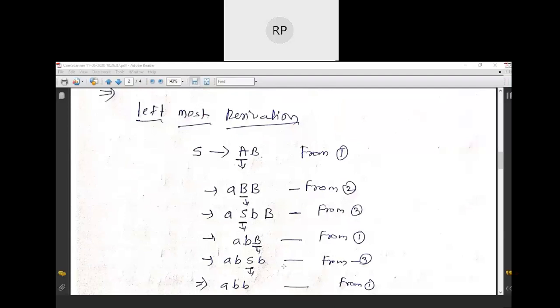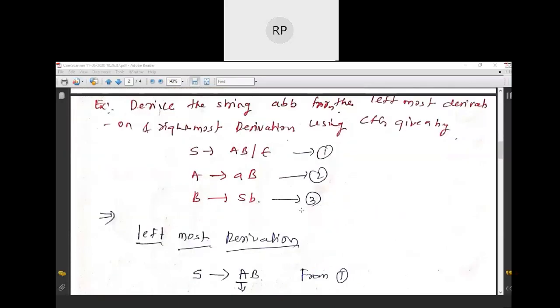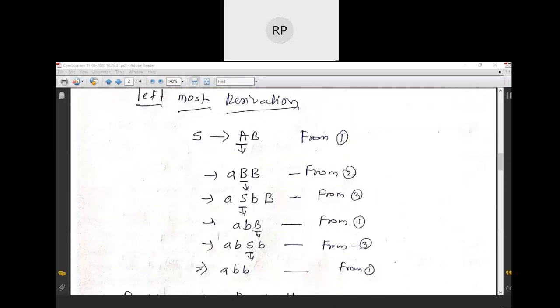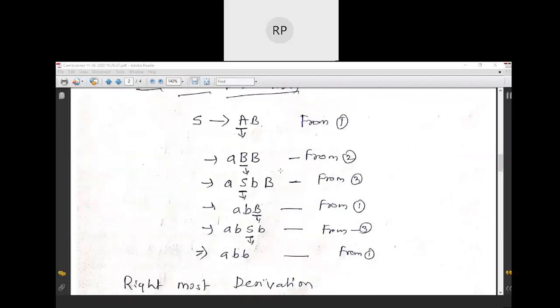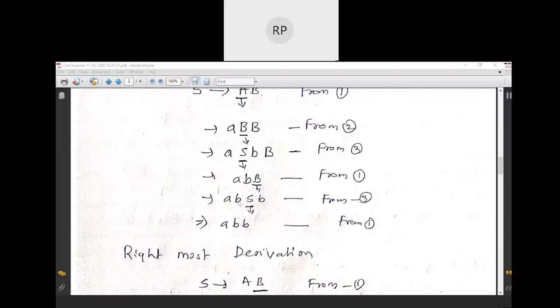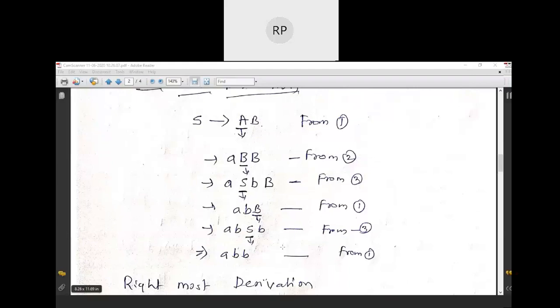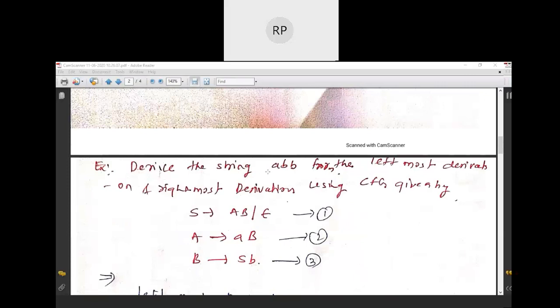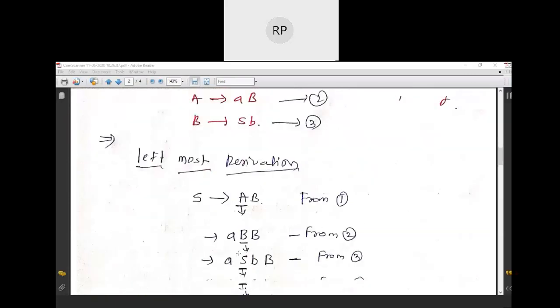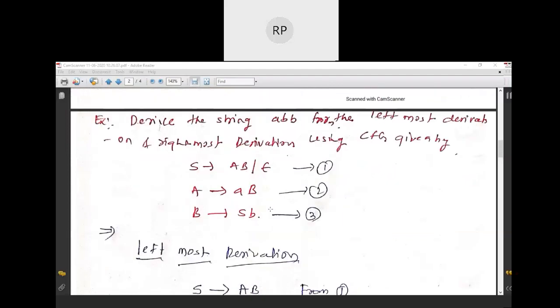AbSB. Now you have almost got this string AbB. The only additional thing you have is S, and this S can be replaced with epsilon, that is the null character, by rule 1. When you replace S with epsilon, this is the resulting string you have got, AbB. Now whatever steps you have performed, this is called the leftmost derivation for this particular string in this grammar. Okay, this is the leftmost derivation for this particular string in this CFG.